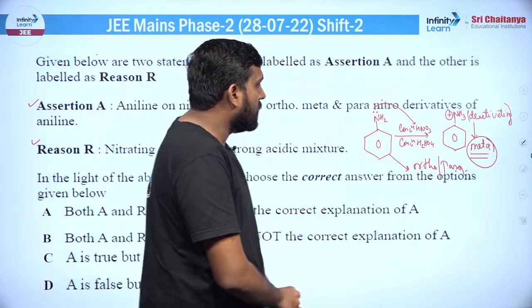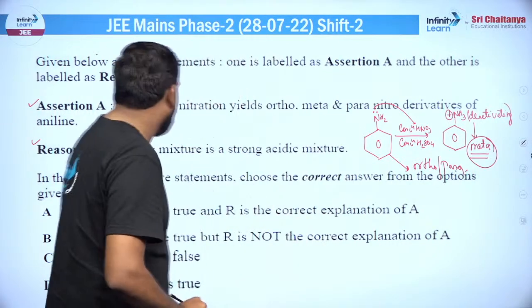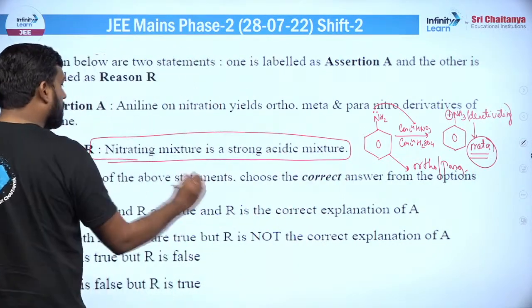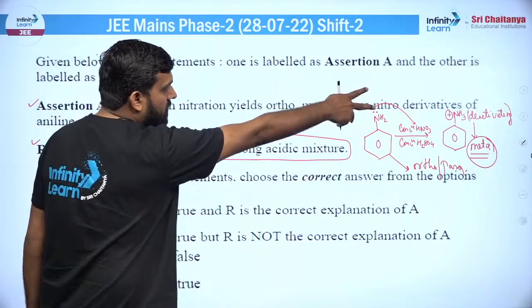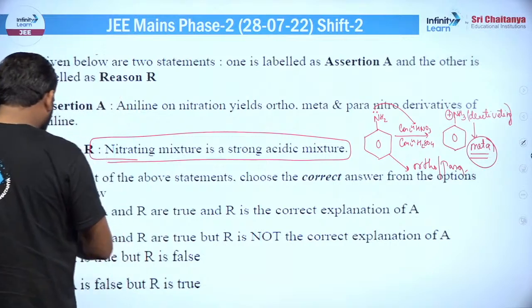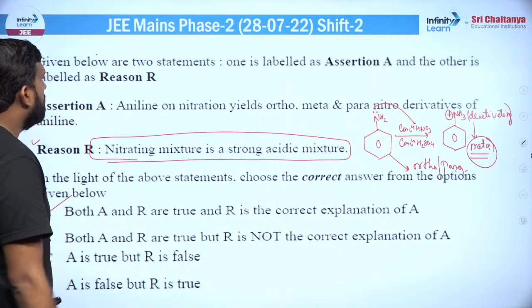तो दिस इज द हाउ प्रोडक्ट्स आर फॉर्म, जो तीनों प्रोडक्ट मिलते हैं इसमें, ठीक है। तो नाइट्रेटिंग मिक्सचर इज ए स्ट्रॉन्ग एसिडिक मिक्सचर, बिल्कुल सही है, इसकी वजह से एनिलीनियम आयन बन जाता है और इस वजह से प्रोडक्ट उधर चला जाता है, ठीक है। तो दोनों ही सही हैं इसमें, करेक्ट एक्सप्लेनेशन।